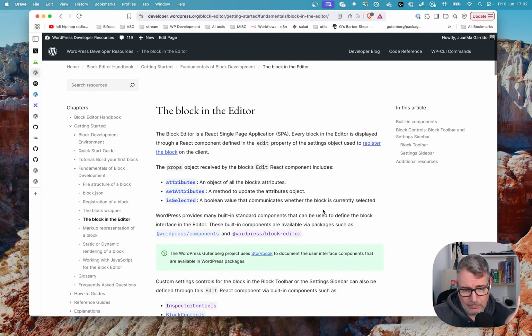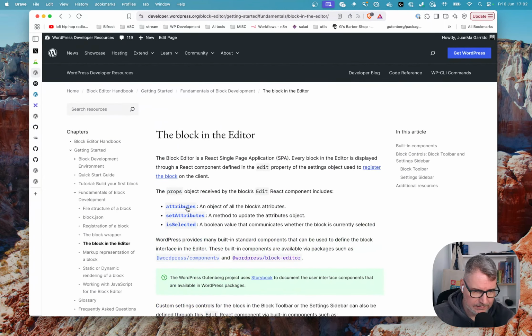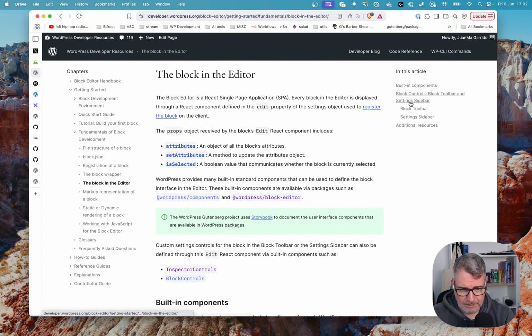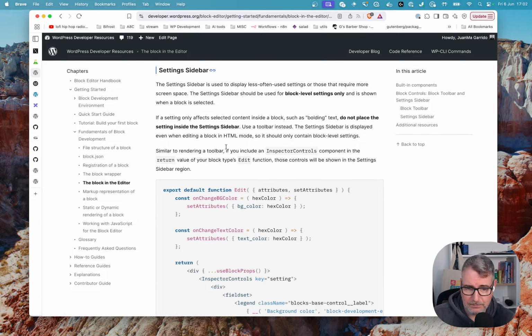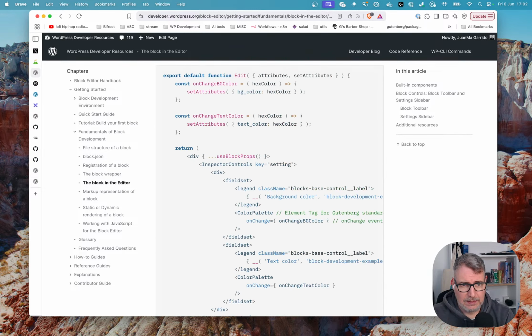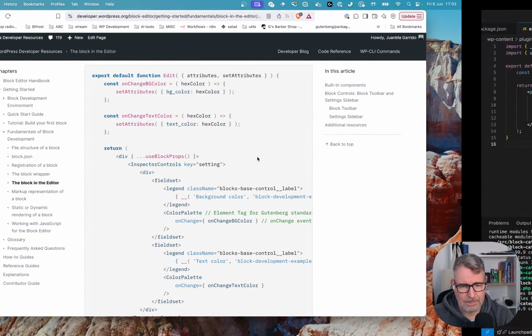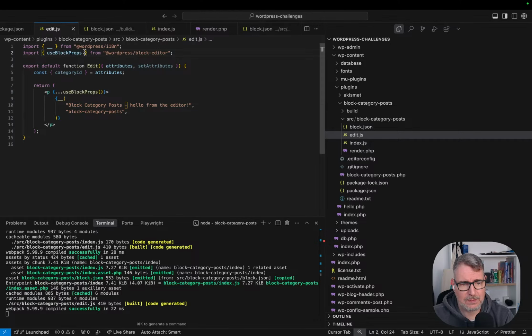the block in the editor, we can see here, for example, the attributes, set attributes we mentioned, but then also we can see how for a block we can include in the edit component block toolbar or a settings sidebar. In the settings sidebar, this is managed by the inspector control component that is available in the block editor package. So here we can say inspector controls,